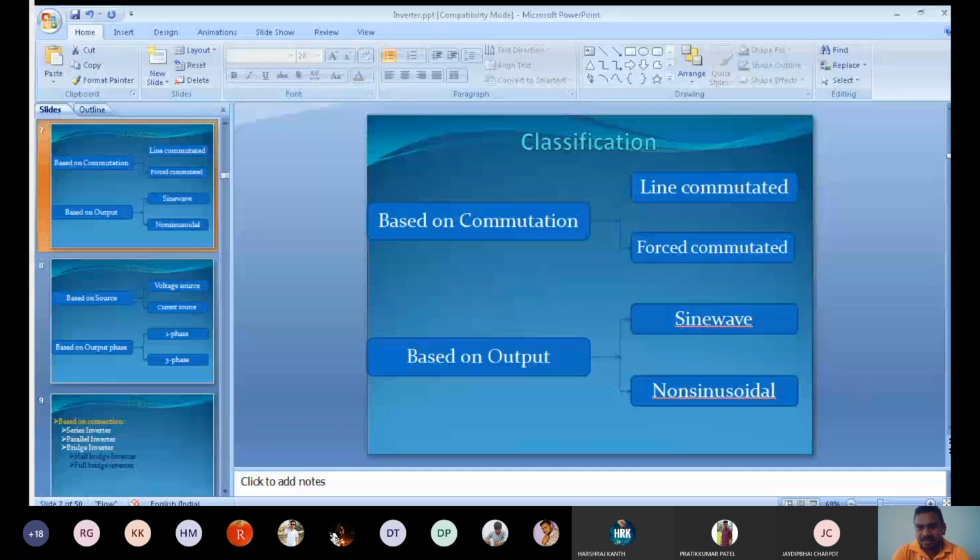Generally, okay, when the current passing through the SCR becomes less than the holding current, then obviously your SCR will be off. Okay, so in AC, when the current becomes less than the holding current,